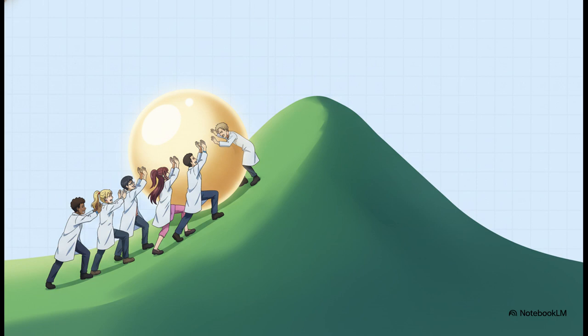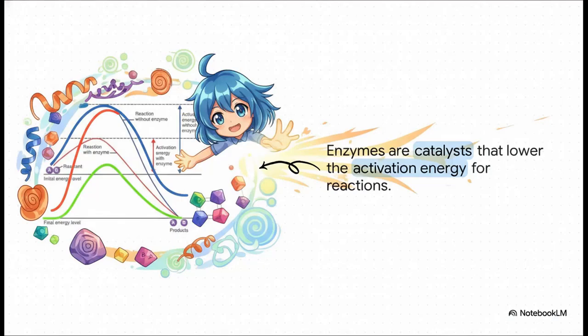Well, chemical reactions work the exact same way. They all need a little input of energy just to get started. And this is where enzymes come in and are just total game changers. They are biological catalysts. See that blue line on the graph? That's the huge energy hump a reaction needs to get over all on its own. But the red line? That's what happens when an enzyme is involved. The enzyme doesn't change where the reaction starts or ends, it just dramatically lowers that hump, making it so much easier for the reaction to happen.